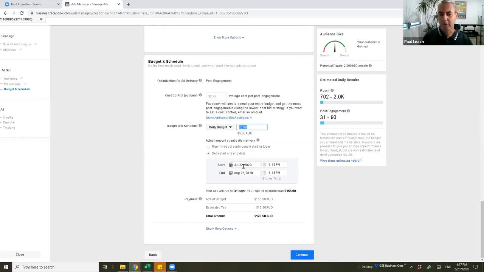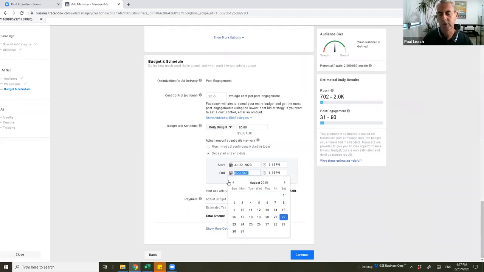Again, you can see what it's doing here. It's defaulting to a month. So they're quite cheeky with the way they set this up. So do go through, especially in the early stages when you're learning how to best set up your ads. Make sure you do go through and just don't click next without double checking what they've selected